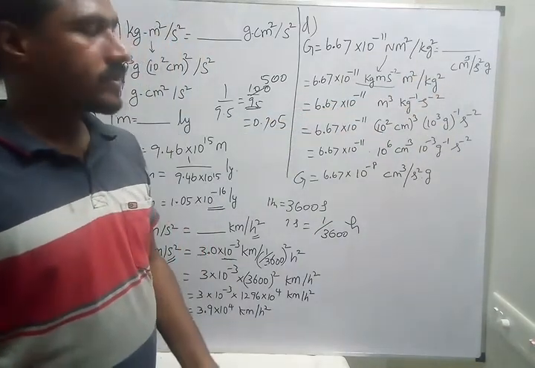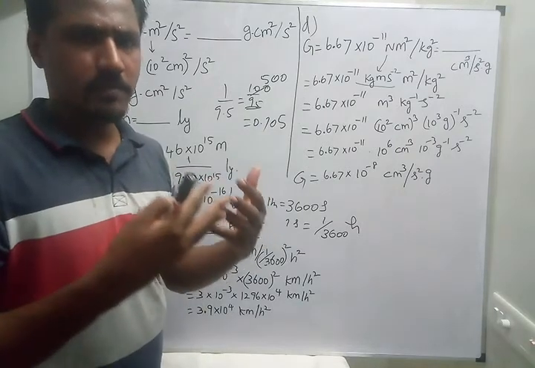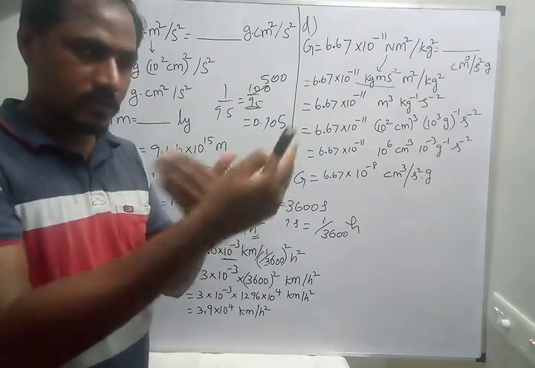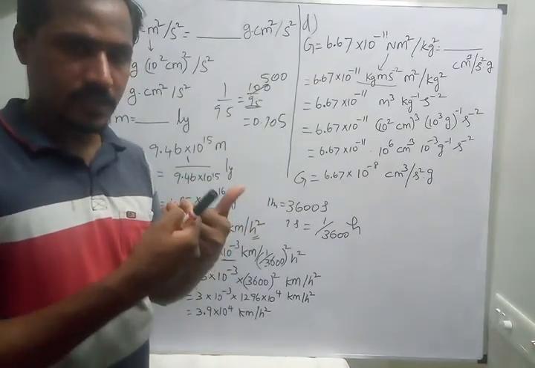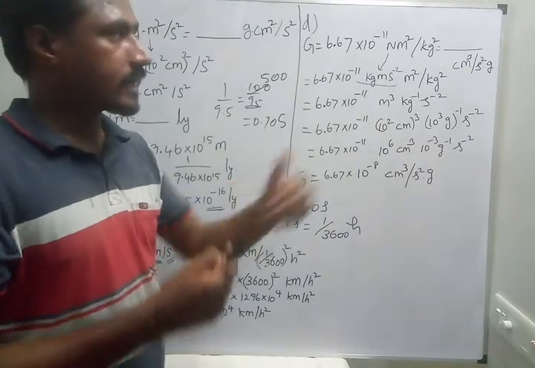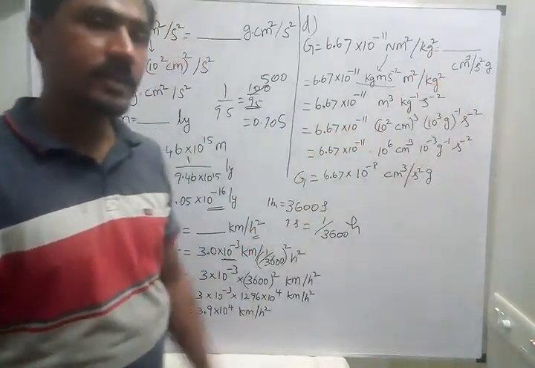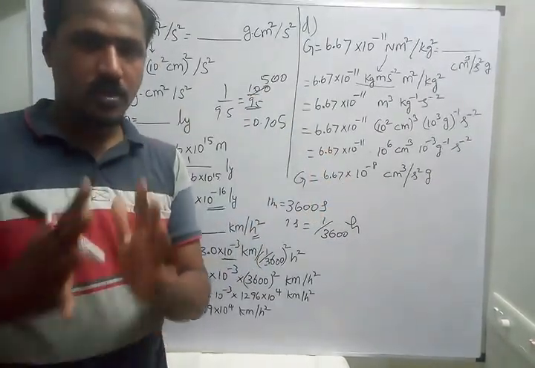So simply you just start from the base units, kilogram, meter, second. Whatever units are given, you just convert into the SI unit system first, kilogram, meter, second. Then after that convert to the required, expected unit system. So in this way we can convert one system of units to another system of units. Okay students.